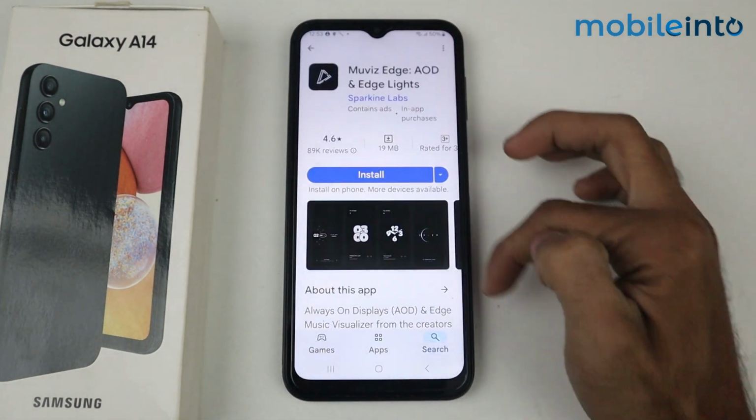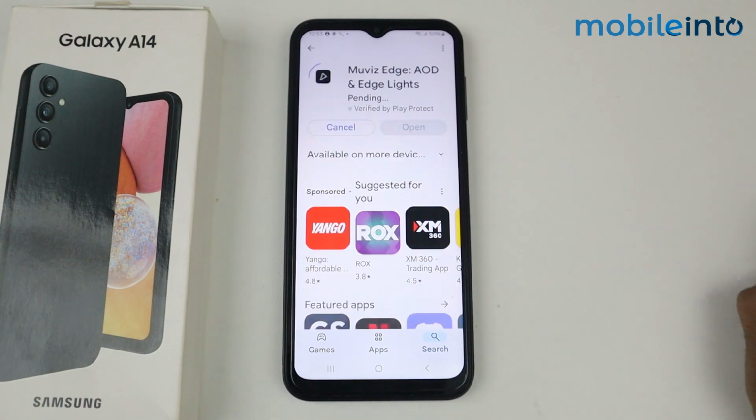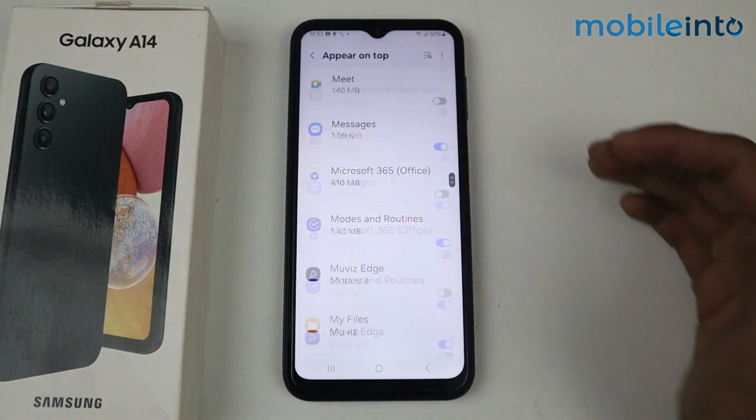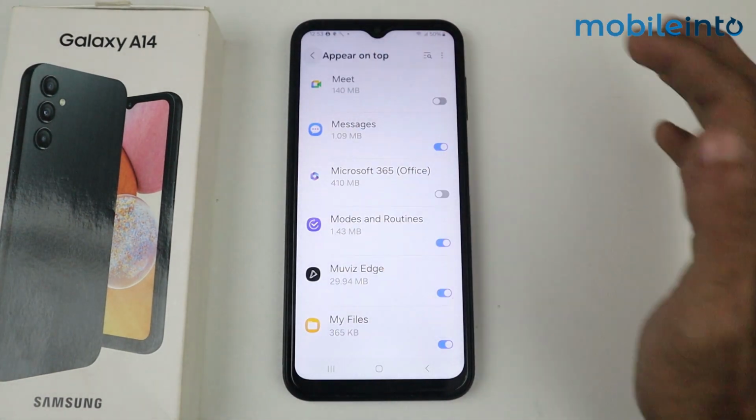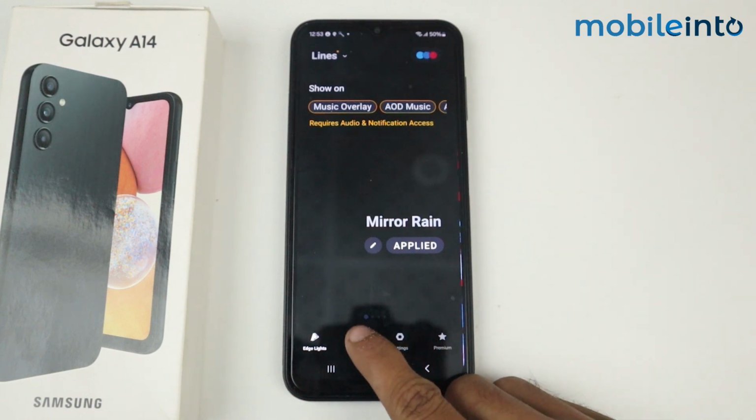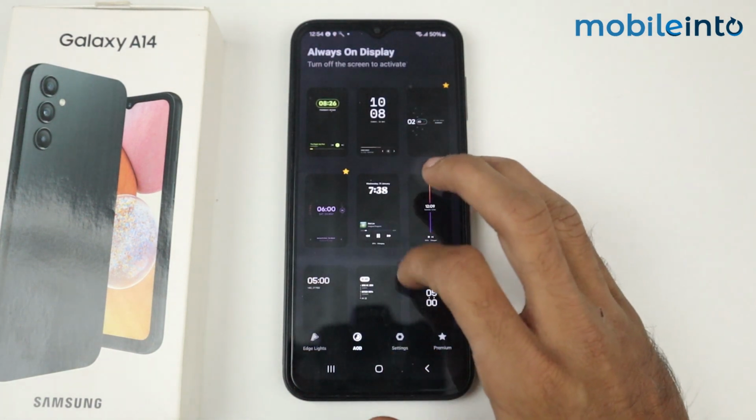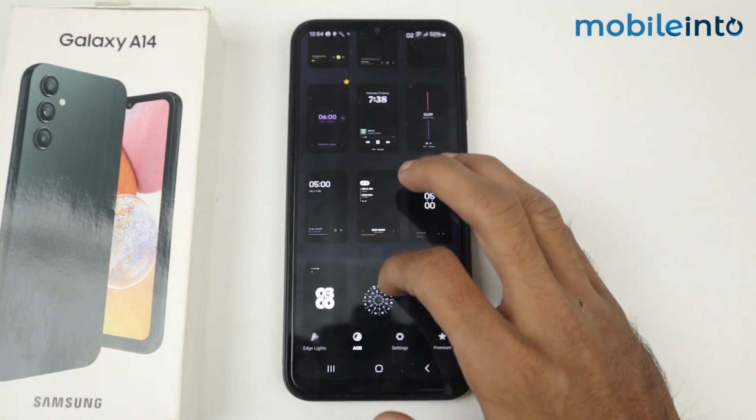So this one is the application of always on display. Just install this application and then click open. So firstly you have to allow the notifications, go back and here's the application. So just come to AOD always on display. Now select any AOD. I am selecting this one,